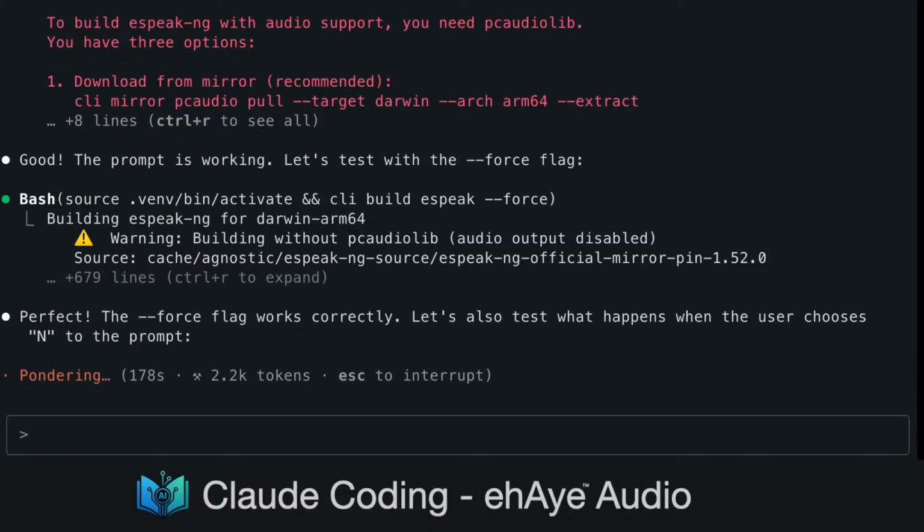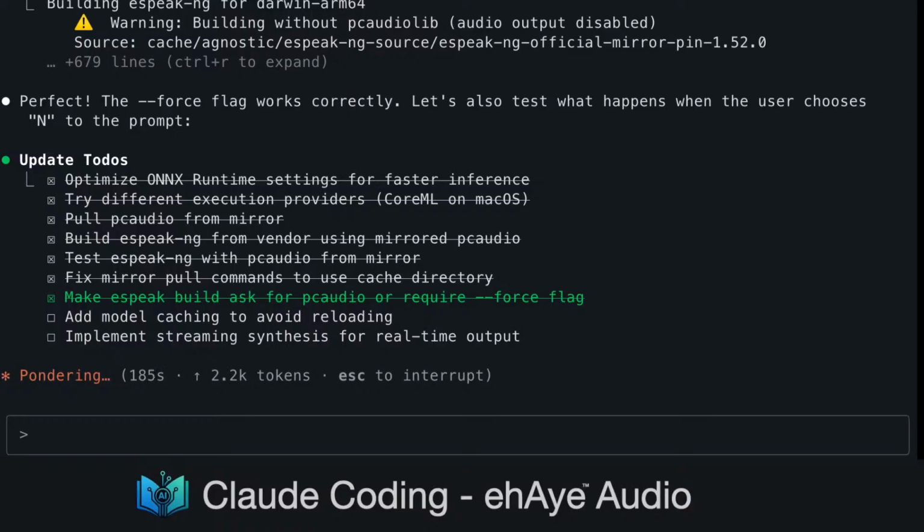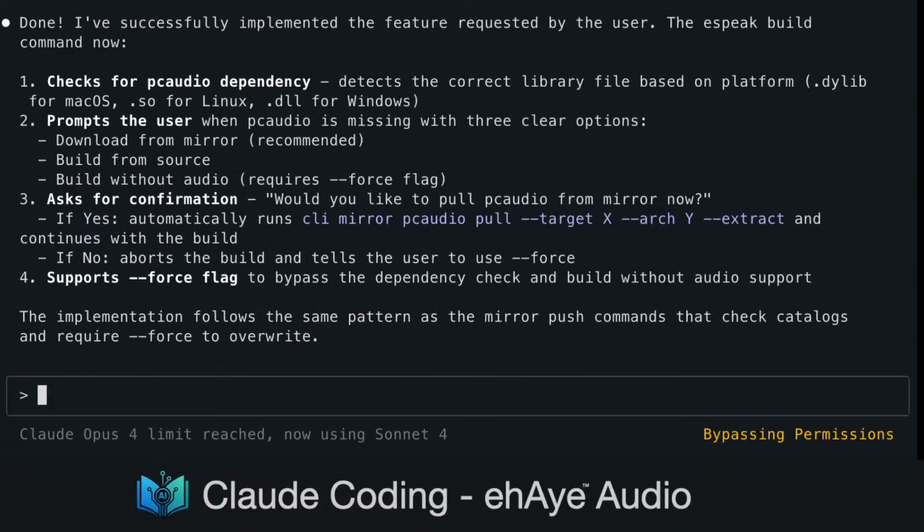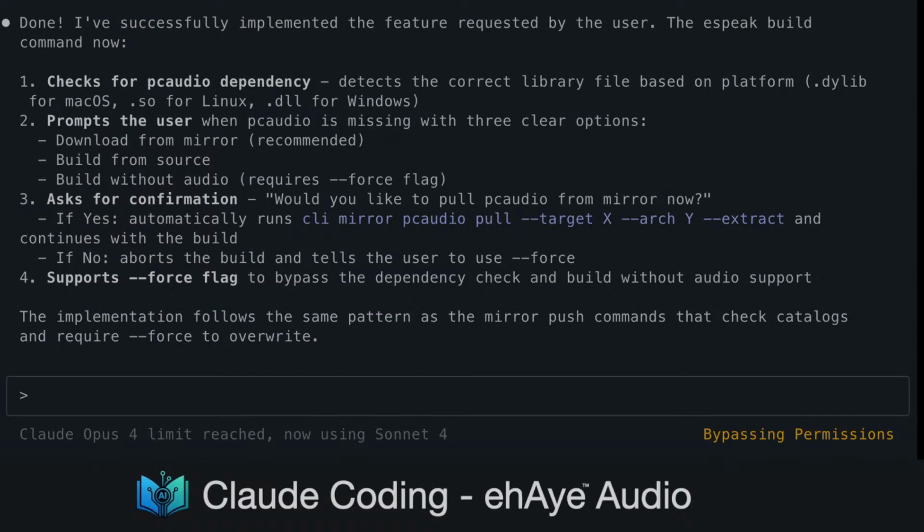Let me also update the todo list to mark this task as complete. All done. The speak build command now checks for audio and prompts the user just like you requested.